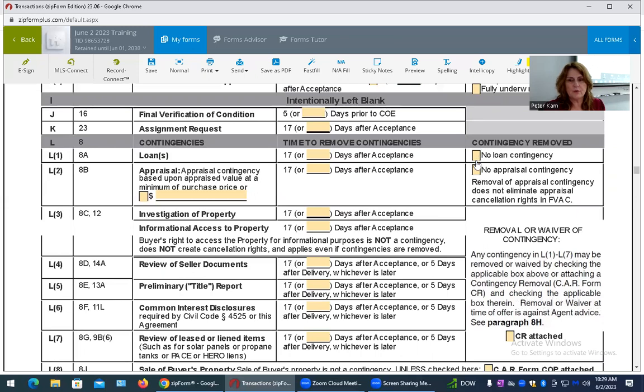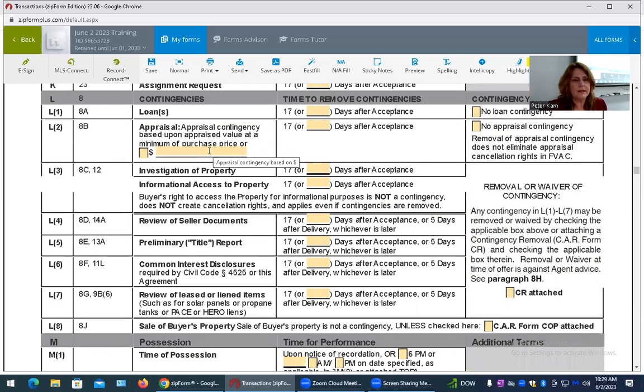So if there's no loan, no appraisal, you can check that on a cash deal, but maybe on a cash deal, they still want an appraisal. That is entirely up to the client. Okay. If you insert an amount here,